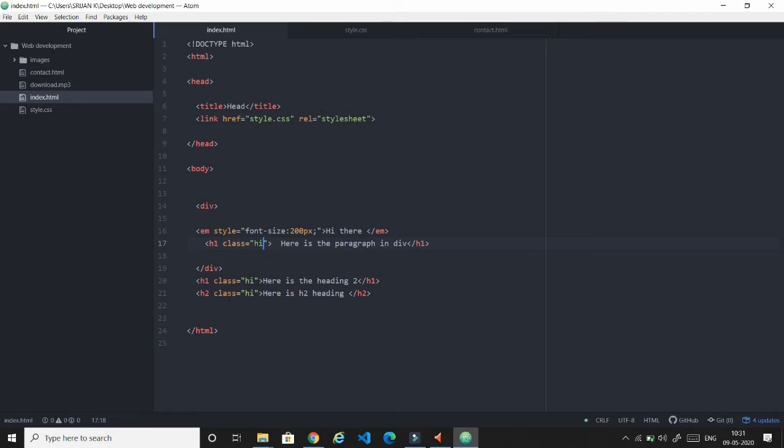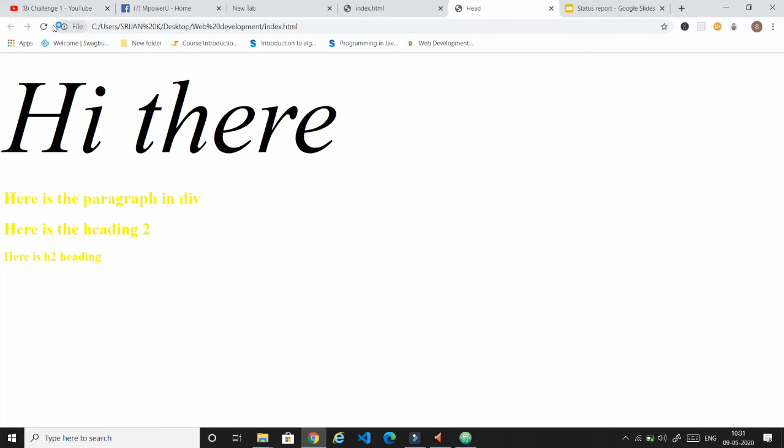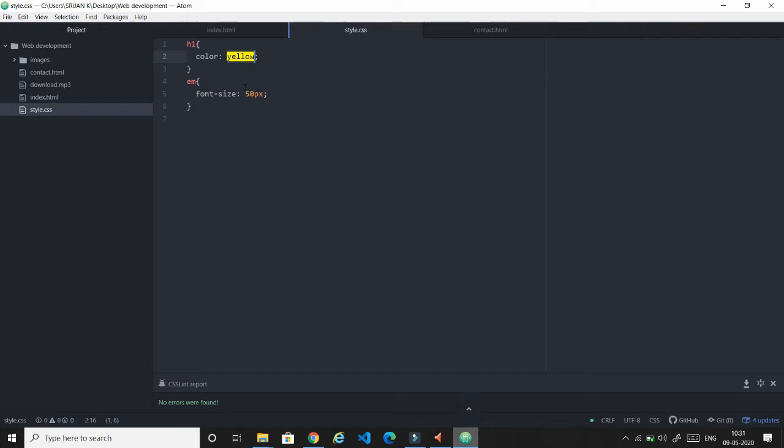If I select the H1 and make its color yellow, then save this and refresh the page, you can see that these two H1 tags are yellow, but I also need the H2 in yellow. So I'm not taking any tag here. I have created a class which has the same property, that is, the font color will be yellow.